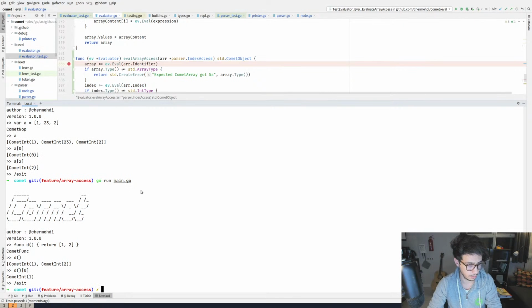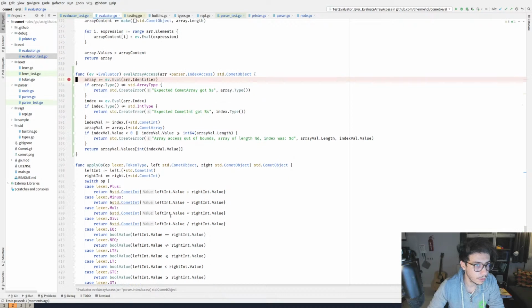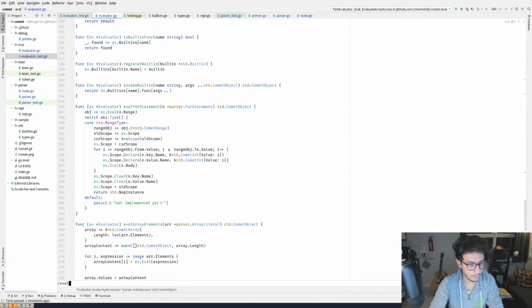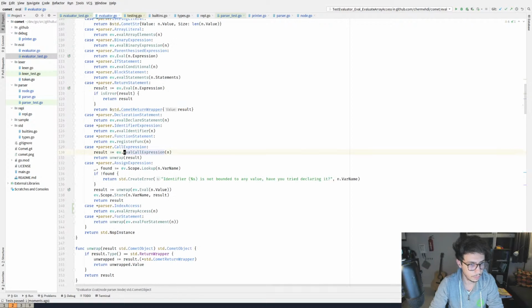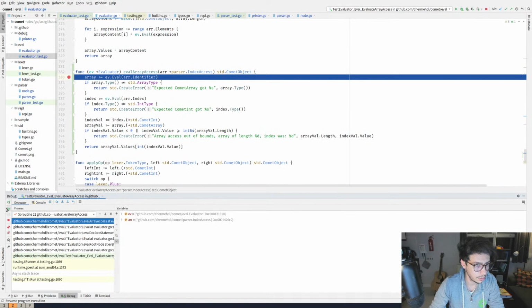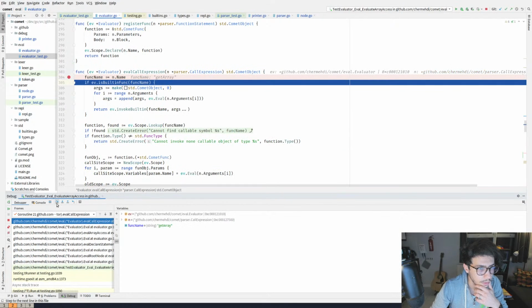Oh, now this is weird. Why do we have problems in there? So evaluating the call expression, I'll add a breakpoint in here and make sure that it actually does what I think it does. So the call expression here has a name.